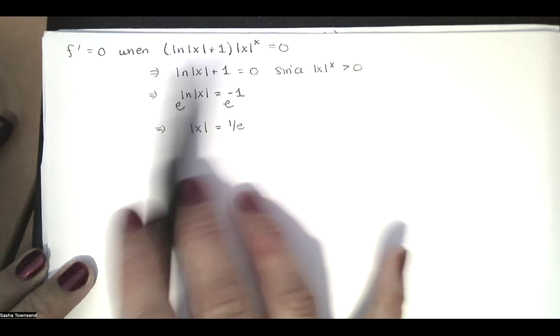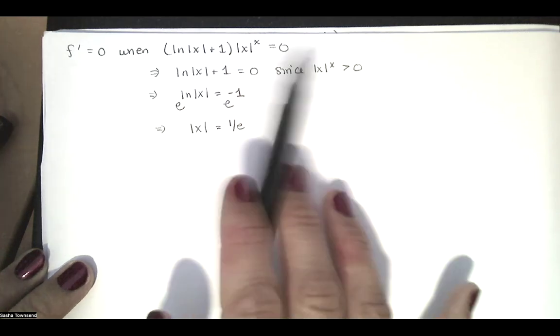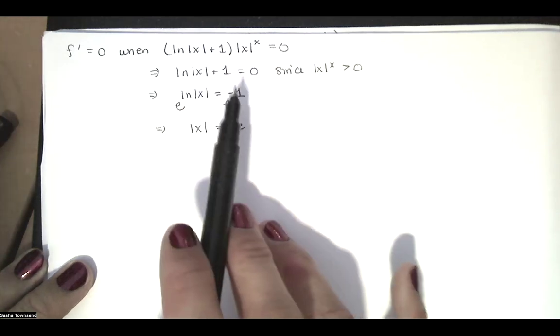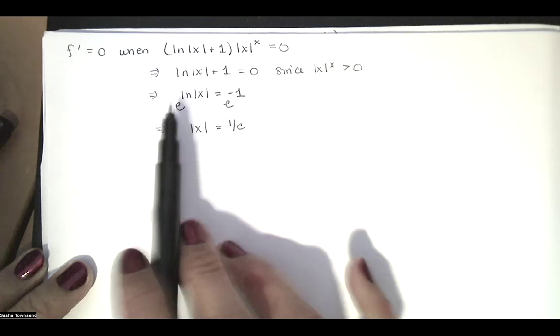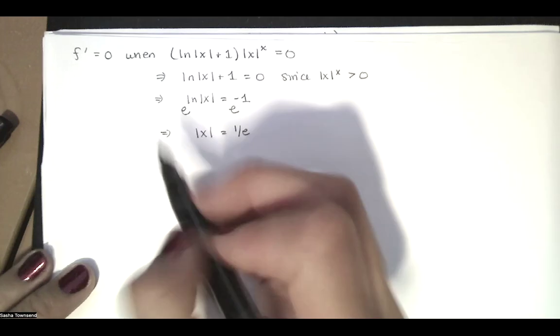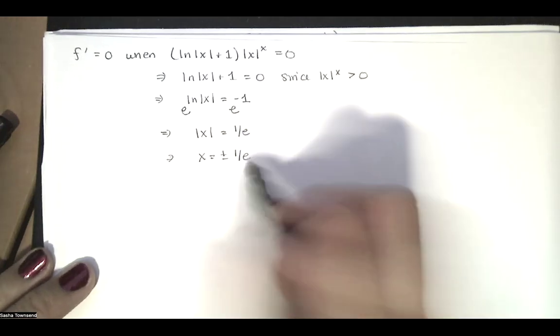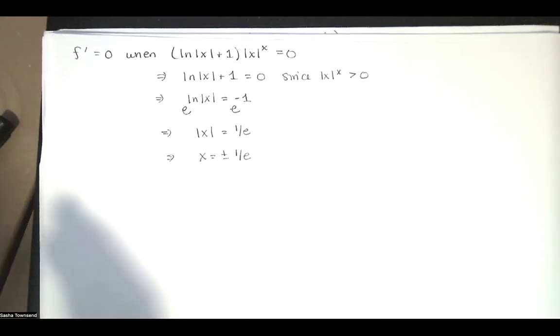Now we just solve this equation where we have this first expression set equal to 0. We solve it for x. We do that by subtracting 1 from both sides, exponentiating to get rid of the logarithm. And then we've got the absolute value of x equals a positive number. That means x is equal to plus or minus that number. Now, to figure out whether